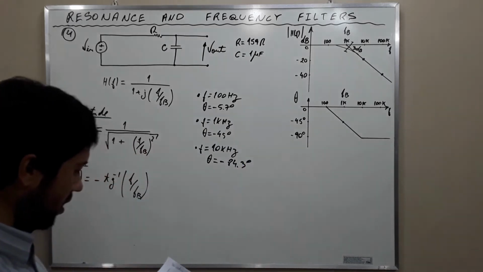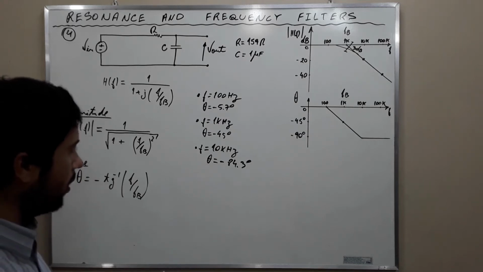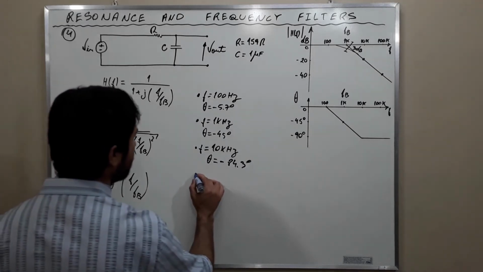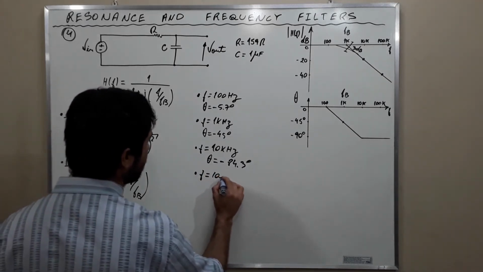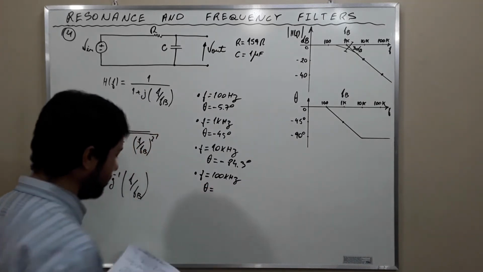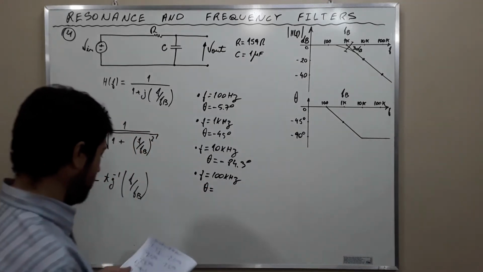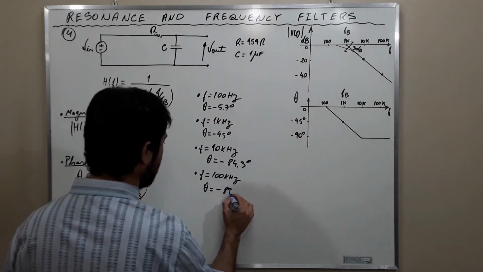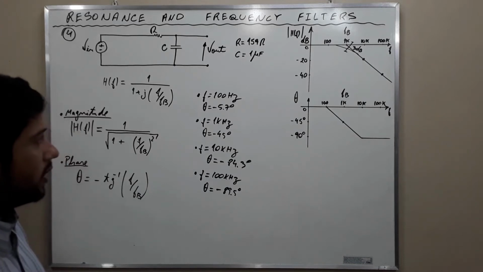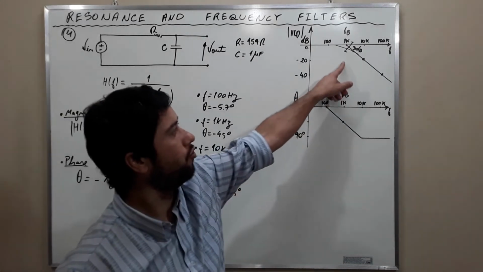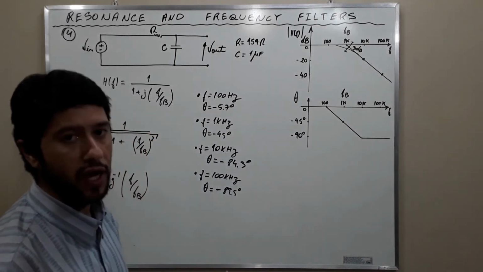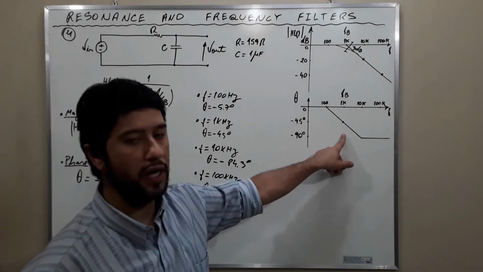And for the frequency of 100 kilohertz, the angle is negative 89.5 degrees. Okay? And similarly, as we saw for the magnitude, there is a deviation from this straight line approximation